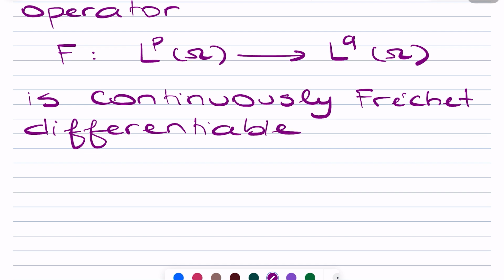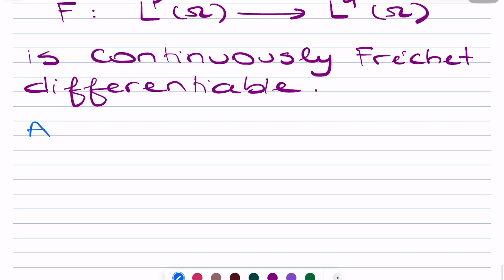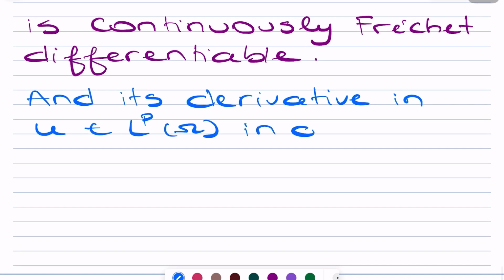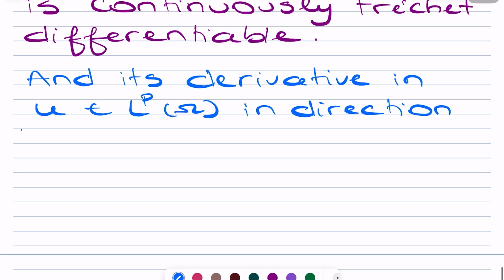And its Fréchet derivative in u, being an element of LP of omega, in direction h, still in LP of omega, is given by